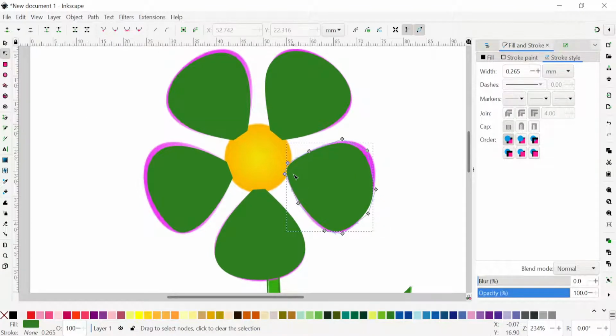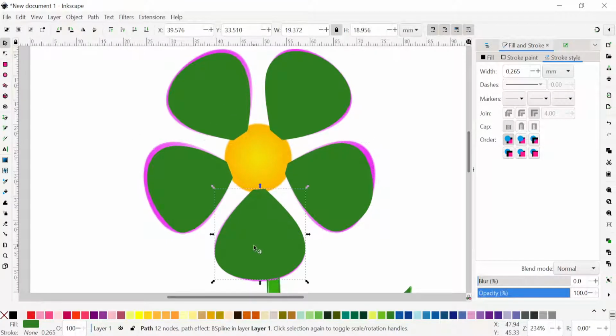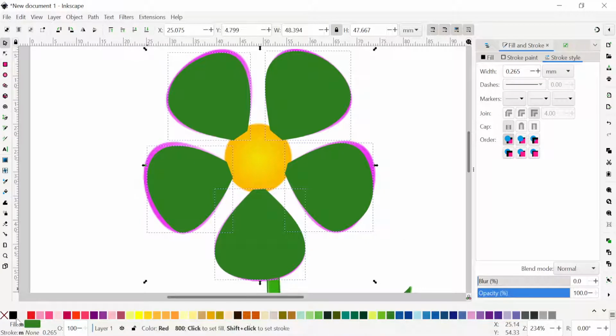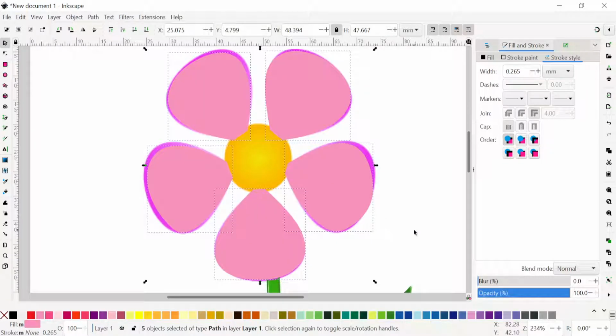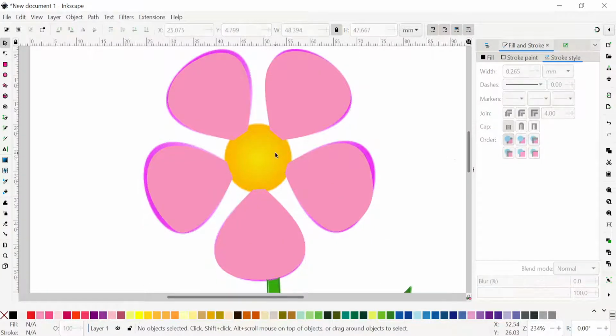And again select that line, make it a straight line. And now let's change the color. Just select this one, hold the shift, select all of them, and then assign the color. For example, maybe this one, the pink. I don't have pink. So now the last thing I have is this